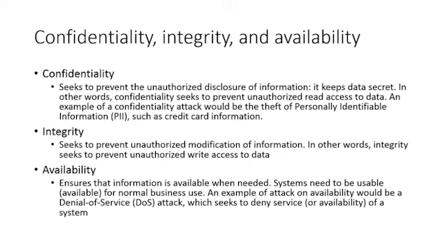So we can't modify it. It's intact. It's the way it's supposed to be and how we intended it to be when somebody else gets it or how we received it. And then availability. Again, probably the easiest of the three. Information is going to be available when you need it. Is the data there? Are the services there? Systems need to be usable. They need to be available for normal business use, production use in your organization, in your small office, home office, in your huge corporate enterprise. However you want to look at it, you have to have that availability.